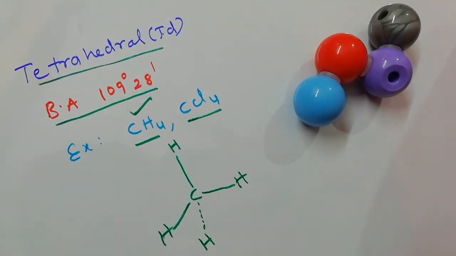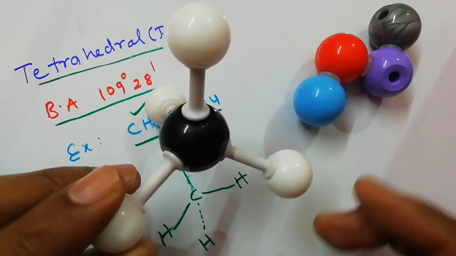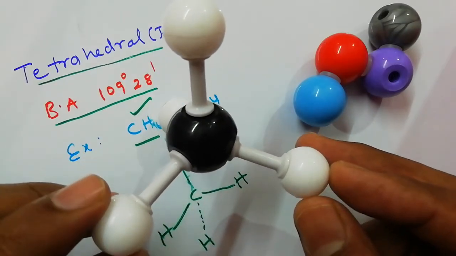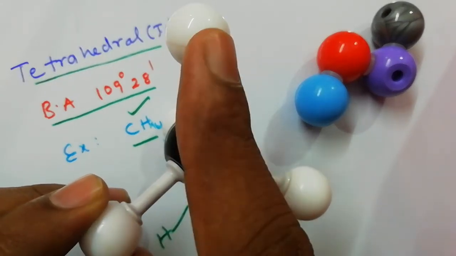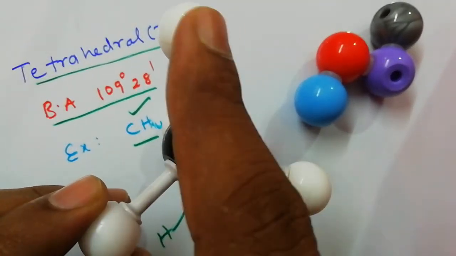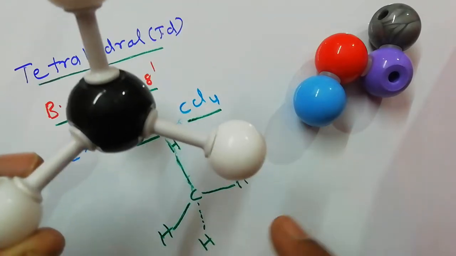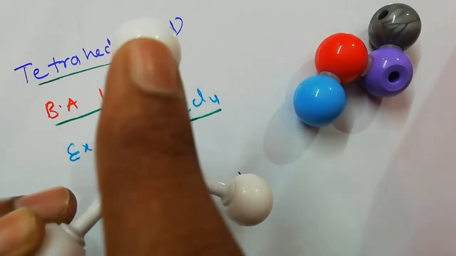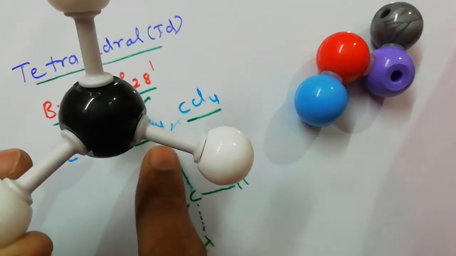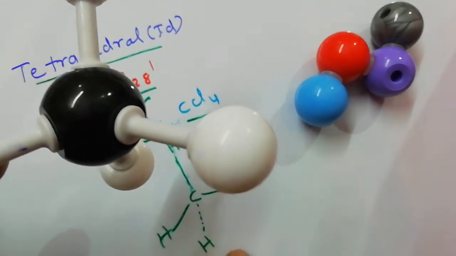That molecular model structure you can also see. This is the tetrahedral molecule, CH4 molecule. This is the carbon and four hydrogen atoms. 1, 2, 3, 4. So this hydrogen is this one, and the top hydrogen is this one, and the backside hydrogen is this one.